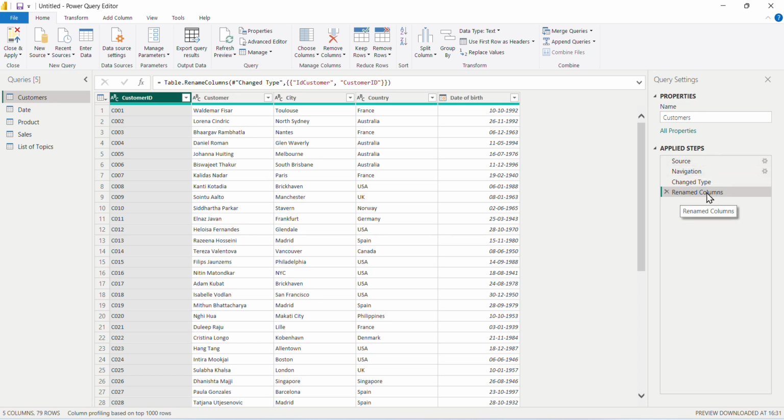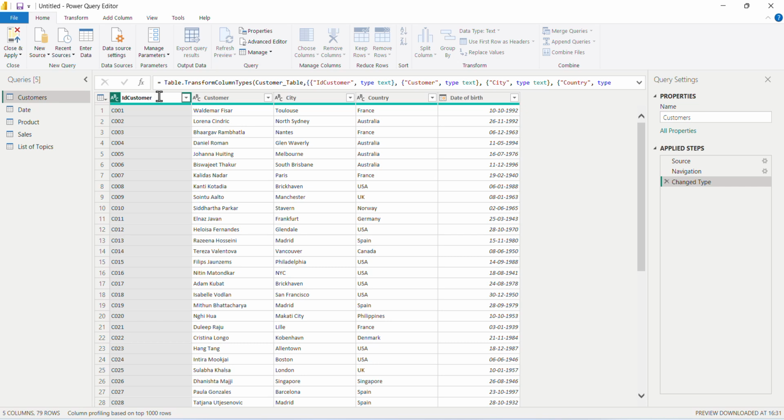We have renamed the columns, and here we have changed the customer to customers. And if we want to undo it, you can click on the delete option. Then it will change the step. So we want to again change the customer to customer ID,